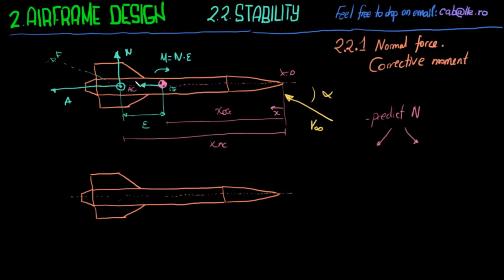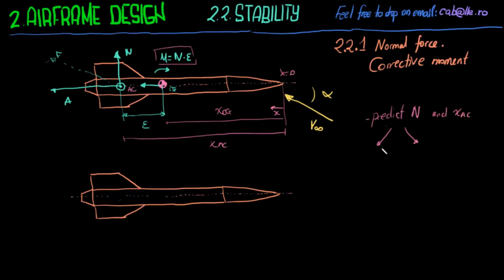The only thing that really bothers us for stability is the restoring moment. But we normally study it separately. We study the position of the aerodynamic center, and we try to model that, and we try to model the normal force. So if we want to predict N and AC for a rocket,